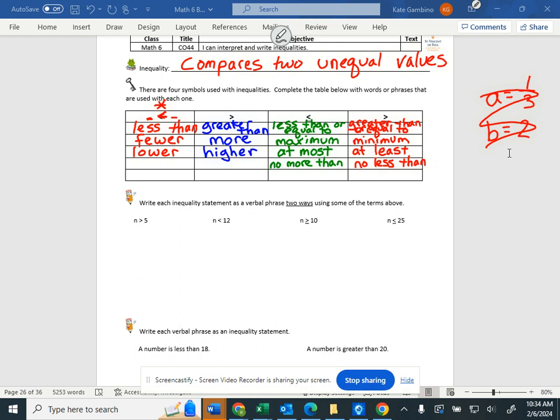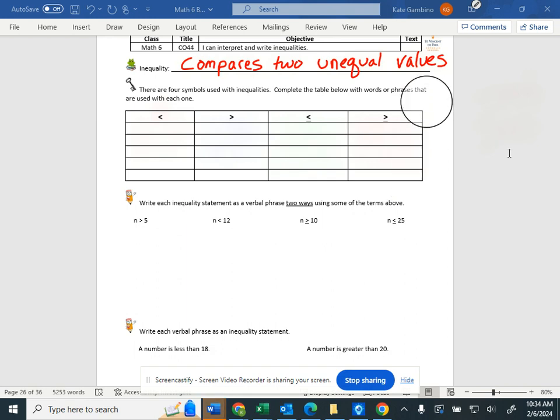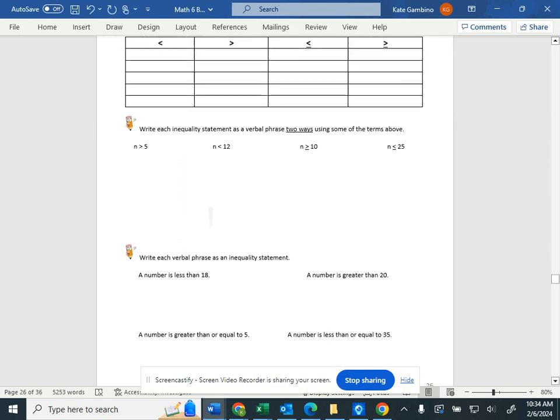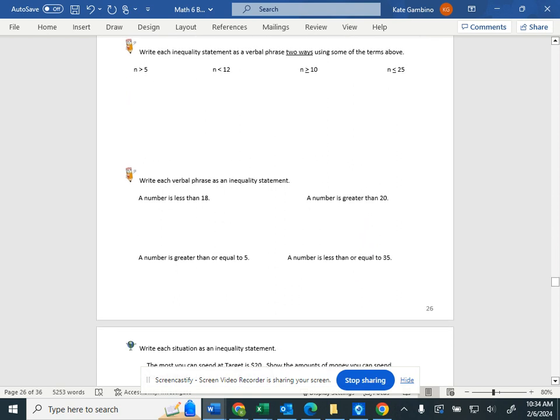So let's see how that factors into what we're working on today. We're going to write each inequality statement as a verbal phrase 2 ways, because we have a list for each symbol. So we're going to write it 2 different ways that means the same thing, using those terms from our box. So if we look at our first one, n is greater than 5,